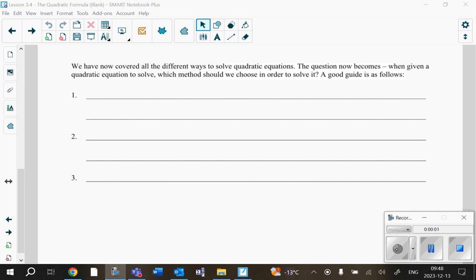Summarize. When we get a quadratic equation, an equation that has an x squared term in it, there are three different types of solving. Okay, number one,